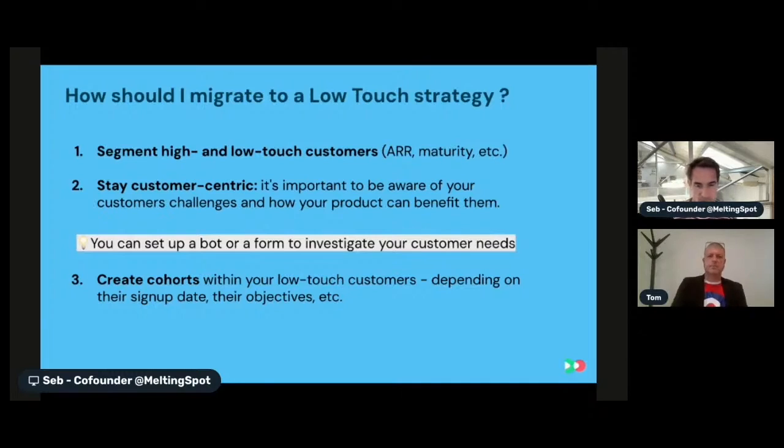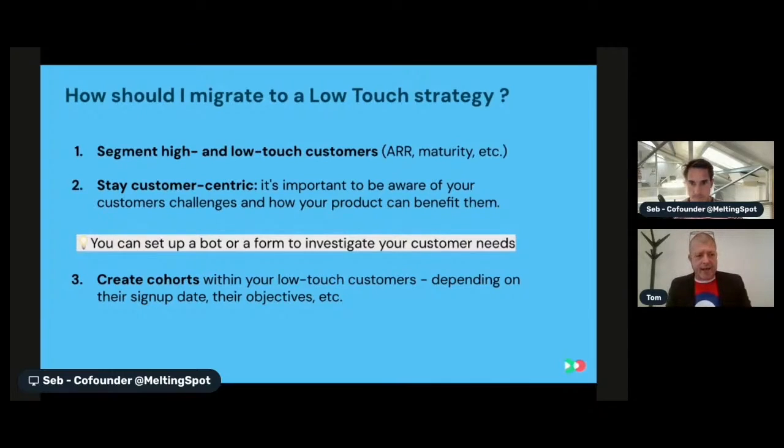The most well-rounded metric we use to figure out which customers should go high or low touch is usually the ACV or the ARR, meaning how much money this customer contributes to my revenues. And the higher the number, the higher the touch strategy. And yet that's not quite true, Tom. Well, what we often see with customers is that when your segmentation is purely based on financial criteria, that gets tricky. Let me explain why.